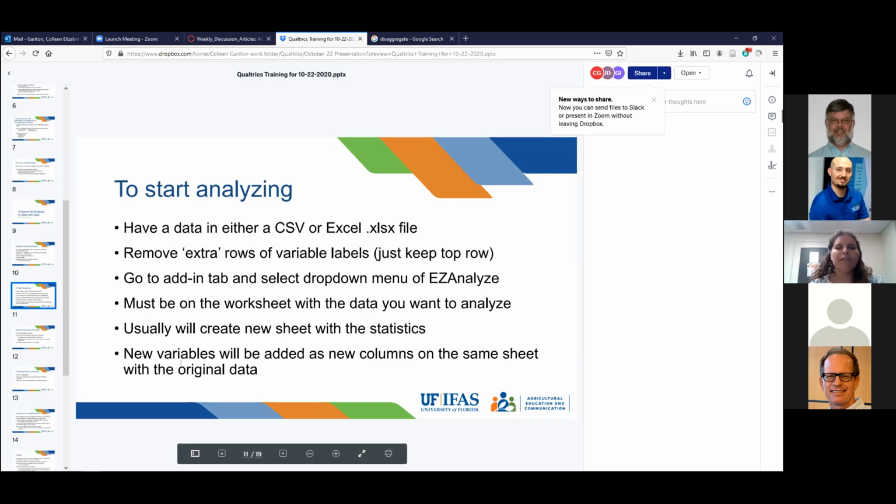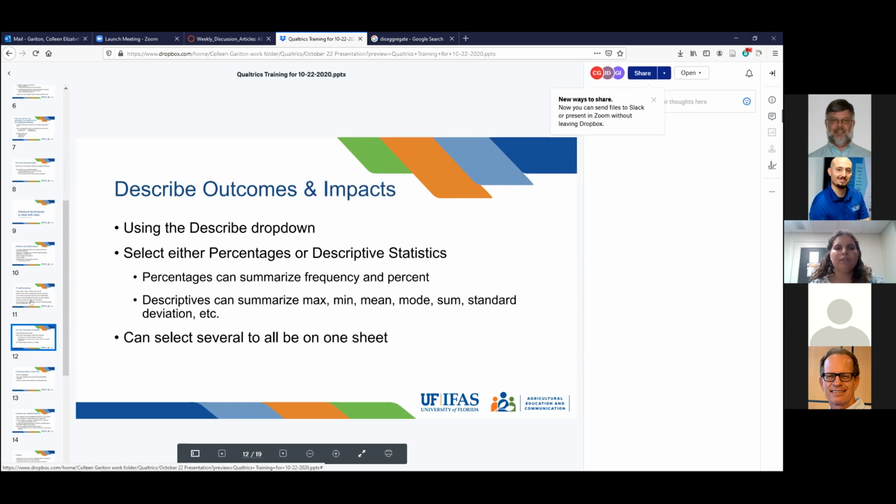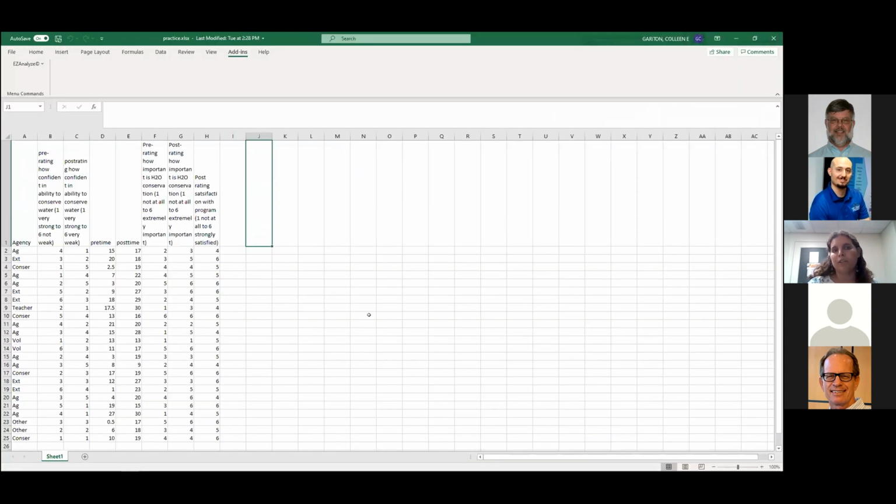And then the only other thing, and I will start showing you all the things, is to make sure that when you are on your Excel sheet, you are on the original raw data sheet whenever you want to go in and do something. So up here is add-ins, and that is where you will find EZAnalyze. It's the only add-in I have. That is where you go to do all your analyzing. You click on this, and for your descriptive parts, which are probably what the average person wants the most,